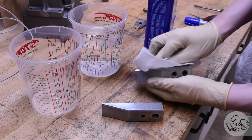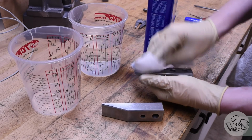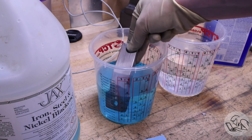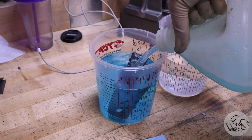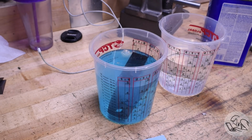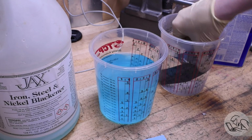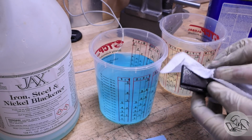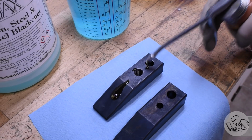Success with cold bluing is down entirely to how clean the parts are. So a very thorough and careful cleaning with acetone is the first step. And then into the cold bluing solution they go. This happens to be Jack's Steel Blackener. Works well when you can immerse the parts like this. So after a quick dunking, then they go into the water to stop the reaction, and then immediately dry them thoroughly. Once the part is dry, it's really important to oil it thoroughly and immediately, otherwise the parts will rust,